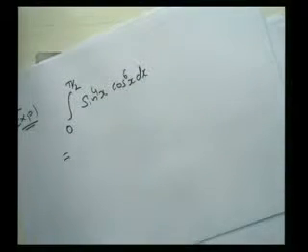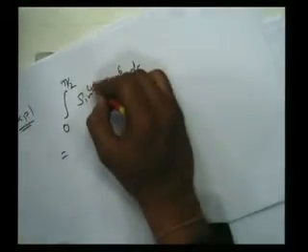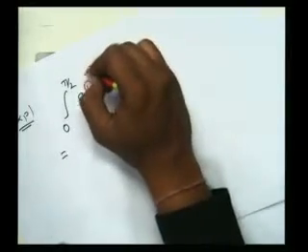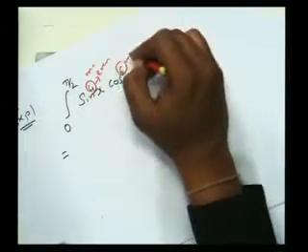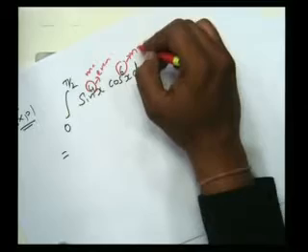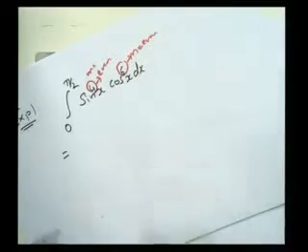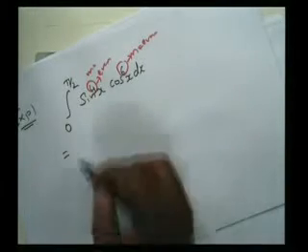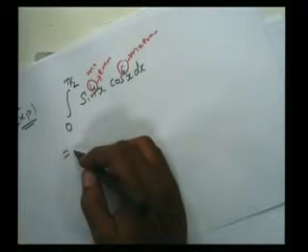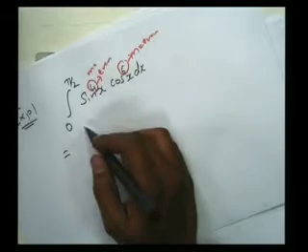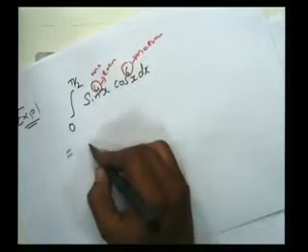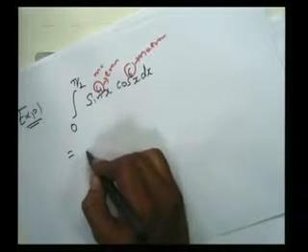Here m is even, n is also even. Here m is even, n is even. It is a case where m and n are even integers. If m and n are even integers, then we have this formula: